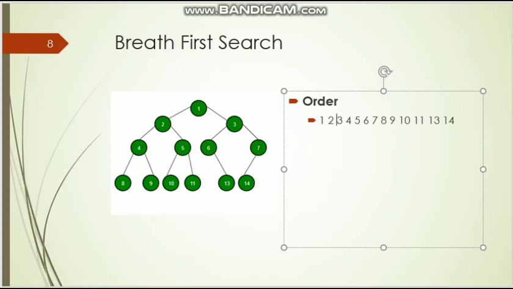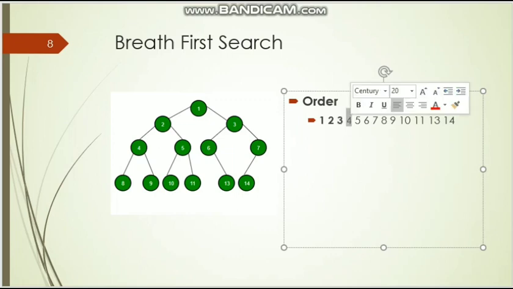Now, this first 2 is covered. I am making bold the nodes which are being covered. Now the next node is 3, which has to be covered, and from 3 the next 2 adjacent nodes are 6 and 7. So we are writing 6 and 7 and making 2 bold. So 3 is being covered and expanded with its next nodes. Now the next node is 4.